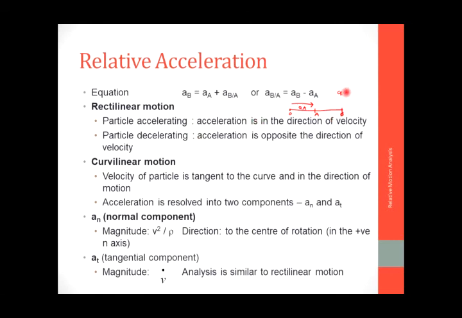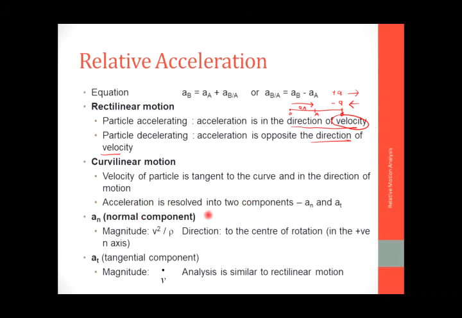A positive is toward right, but negative A is toward left. That is based on the direction of velocity. Next, you need to know the direction of velocity. And for curvilinear motion, the velocity of the particle is tangent to the curve and in the direction of the motion, and